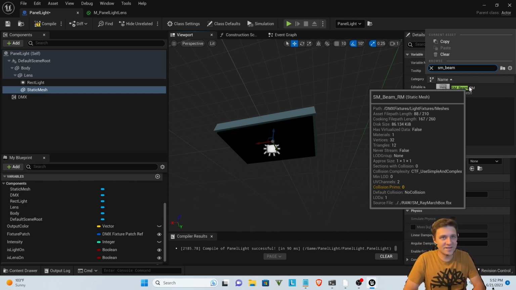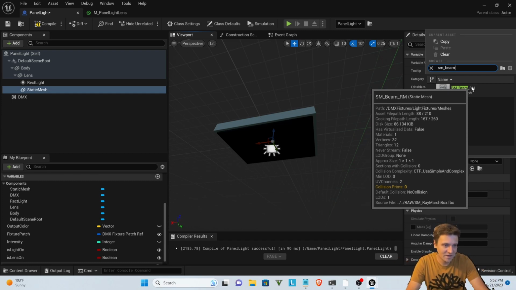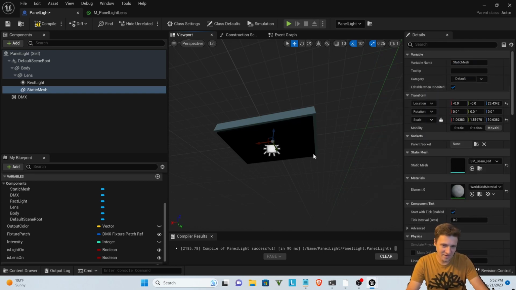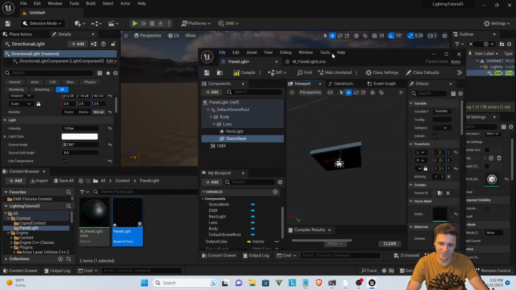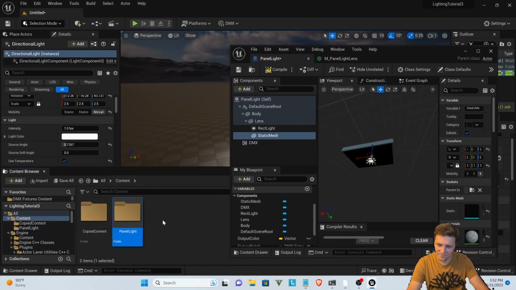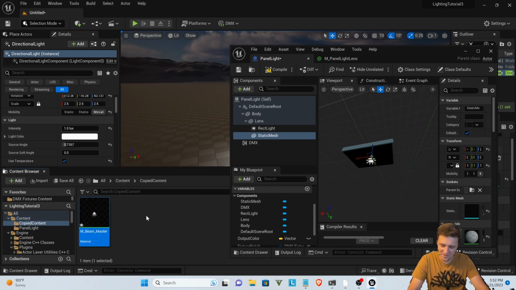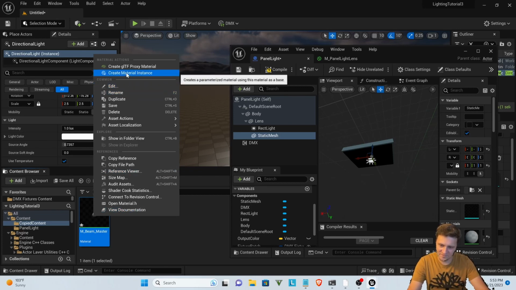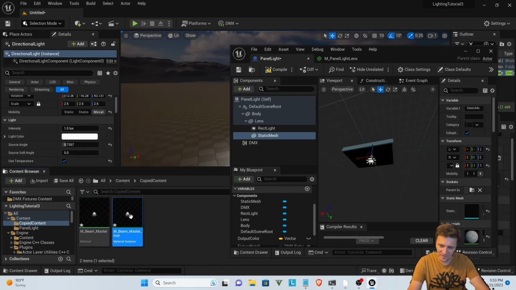Reason why is because this mesh is weird. I don't understand it, so I'm never gonna edit it. It also works just by itself, so why would I edit it? So let's add that as our static mesh, and then under materials, what I want to do is go to our copied content, and then what I would do is create a material instance of this, and then